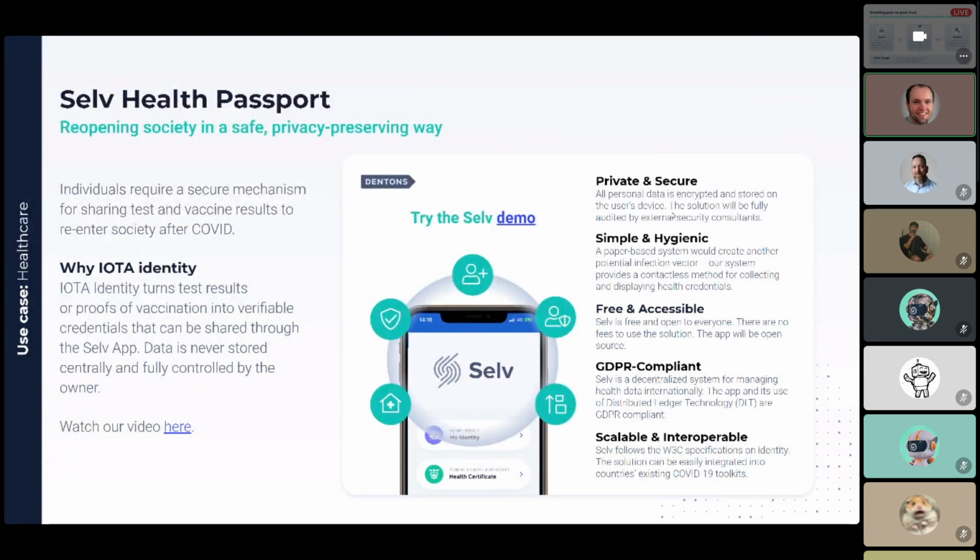But you can actually go through this demo yourself. So if you visit self.iota.org, you will find 3 different demos, and you download an app, and it basically shows you how it would work using IOTA Identity. And if you're thinking about using IOTA Identity for this hackathon, I definitely encourage to do these demos, because they only take probably like 5 minutes to quickly run through. And it really shows, oh, this is how IOTA Identity would work in the real world in different scenarios. So this is one of the 3 scenarios.